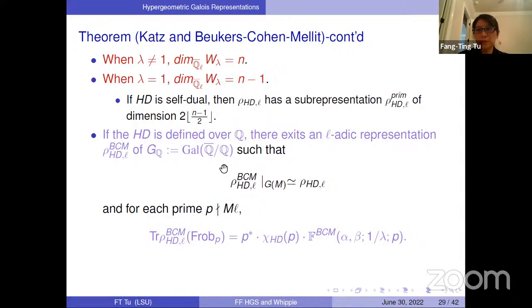extended to GQ. And the trace of Frobenius of this representation, again, can be computed using the BCN's HQ functions, for all primes which are coprime to m times L. So this gives us some idea how to compute it. So now we have the Galois representation, and we know how to compute the trace of Frobenius. So for example,